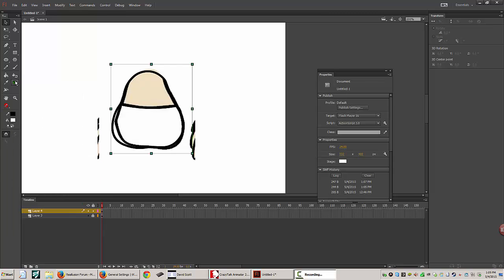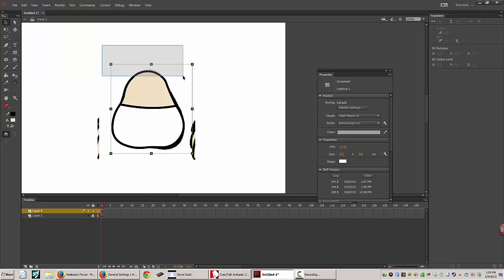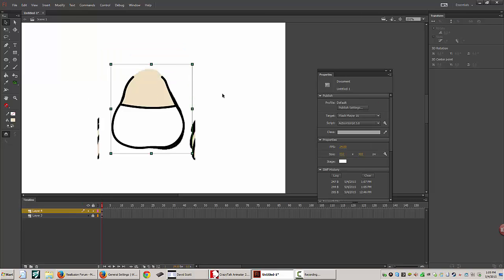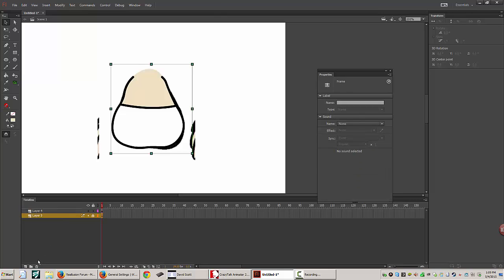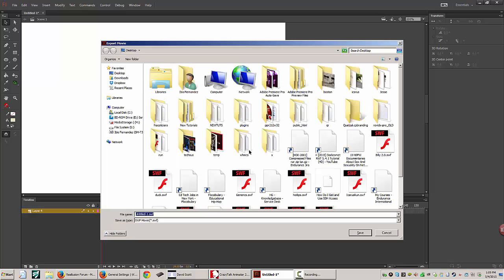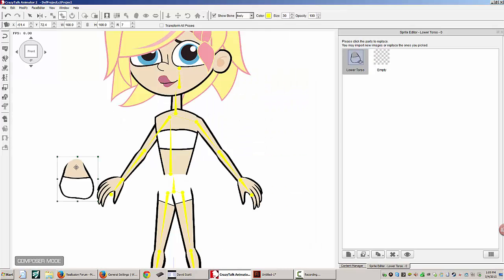Alright, so we sample some colors, fill that in, and we'll get rid of this section here. Alright, so now we'll get rid of that bitmap. So we end up with this sprite, Control-Alt-Shift-S, lower torso 0, go back to Crazy Talk Animator,